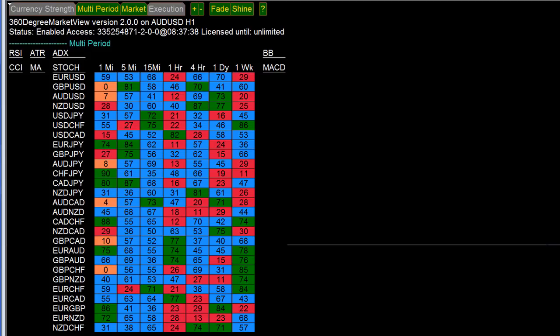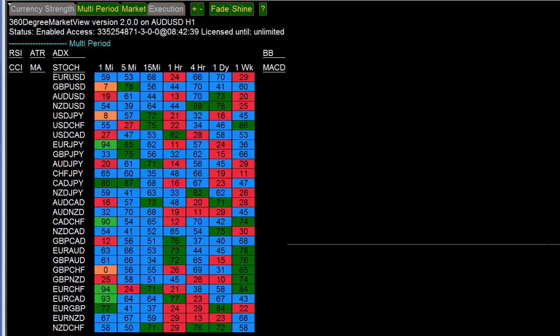In today's video, I'm super excited about a major upgrade that we've done on the 360-degree Forex trading tool. Firstly, what we've done is we've added a considerable amount of indicators to this tool: the RSI, CCI, the ATR, the MA, the ADX, the stochastic, which is currently open, and then the Bollinger Band and the MACD. And that gives you the ability to monitor the whole market using all 8 of those indicators at the same